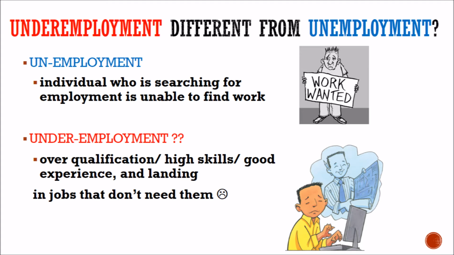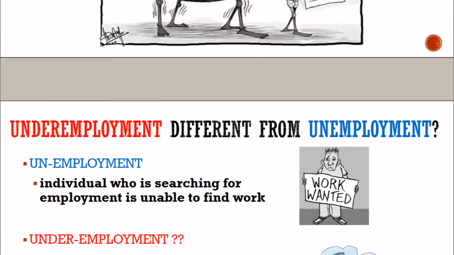How is underemployment different from unemployment? Unemployment is an economic situation in which an individual who is actively searching for employment is unable to find work. Underemployment is a situation where there is an underuse of a worker due to a job that does not use the worker's skills, or is part-time or leaves the worker idle. Examples include holding a part-time job despite desiring full-time work, and overqualification where the employee has education, experience or skills beyond the requirements of the job.